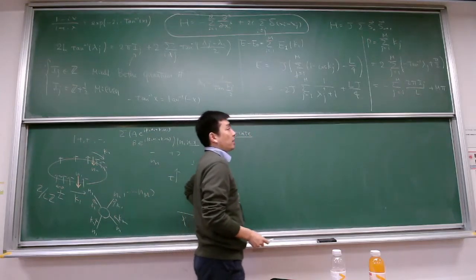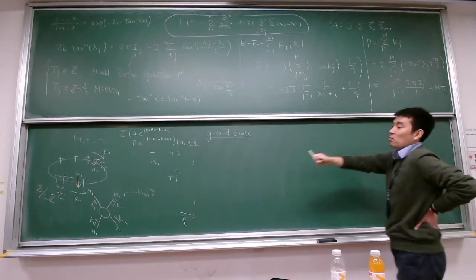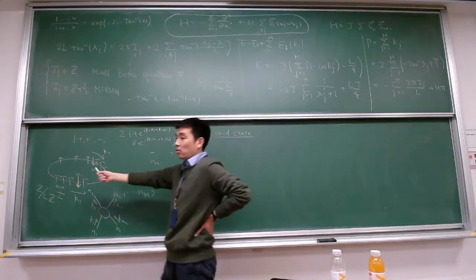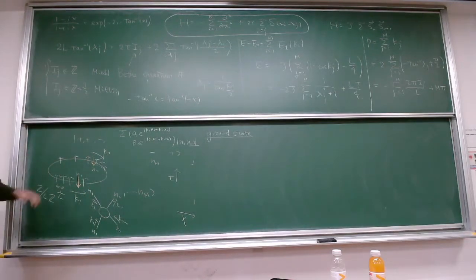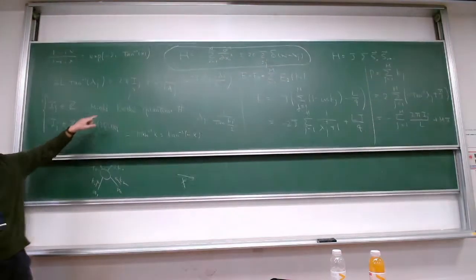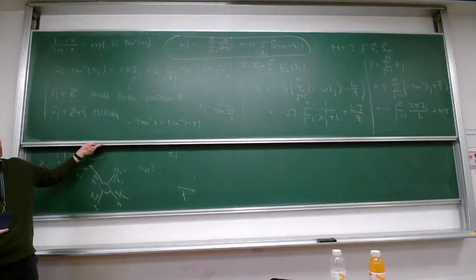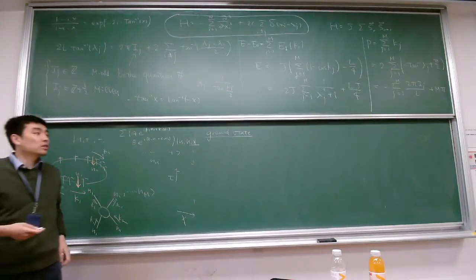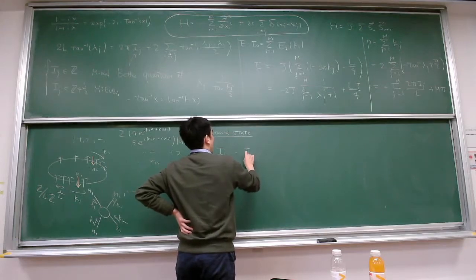So therefore, the ground state has to take each particle, each magnon. This spin down is called a magnon. Each magnon should have a different quantum number. As you recall, I introduced the Bethe quantum number here, but the quantum number should be different for each magnon. So therefore, the ground state should have I1 to IM